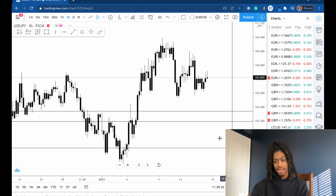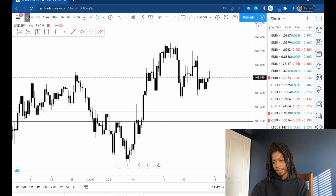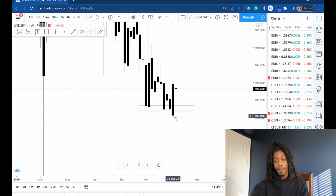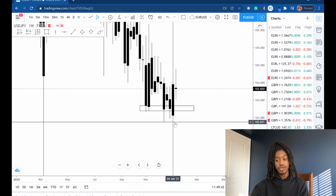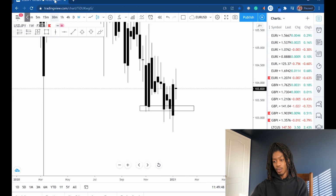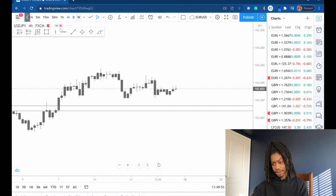So here was the last one, USD JPY. We have no markup for this one as well. But this one, I believe, was a bullish week given the fact that last week had an extremely bullish candle, which I remember mentioning in the previous video. This candle covers the 3 previous candles, showing that a lot of buyers are entering the market at this point in time. So with that being said, let me just put this on real quick,